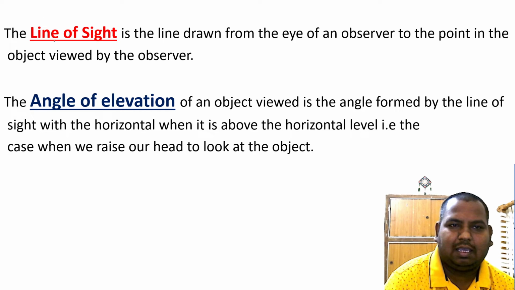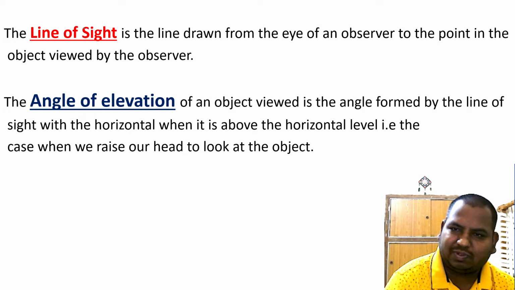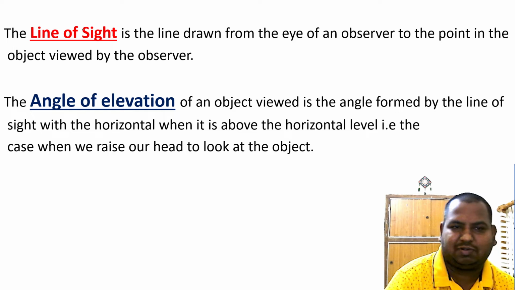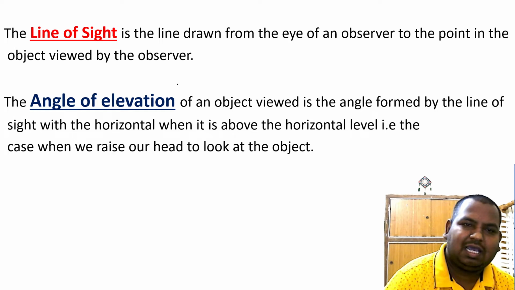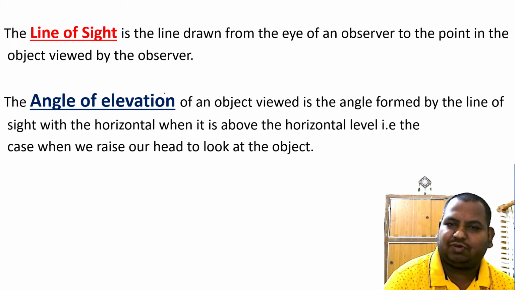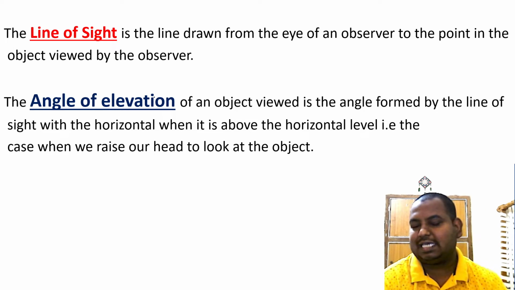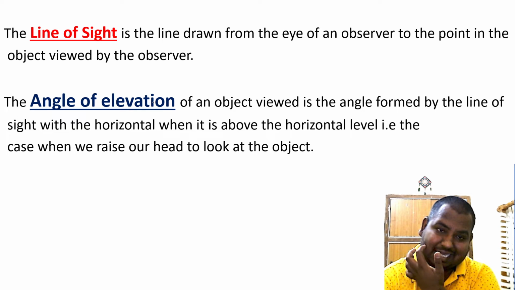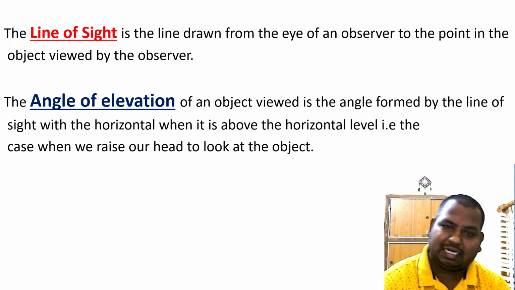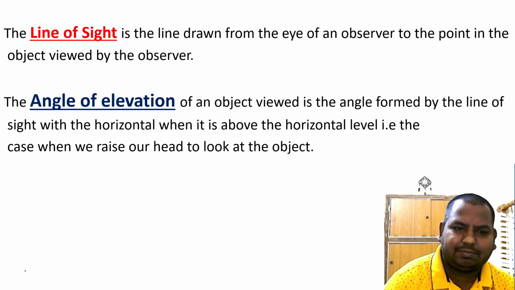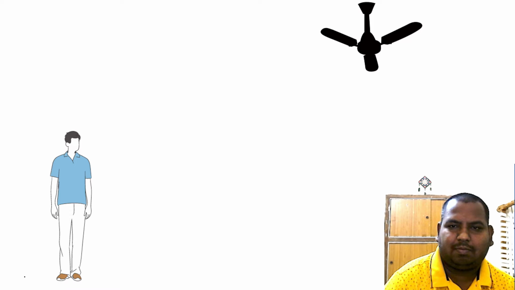So what is line of sight? The line of sight is the line drawn from the eye of an observer to the point on the object viewed by the observer. What is the angle of elevation? The angle of elevation of an object viewed is the angle formed by the line of sight with the horizontal when it is above the horizontal level. That is the case when we raise our head to look at the object. When a person is raising their head up to look at the object,